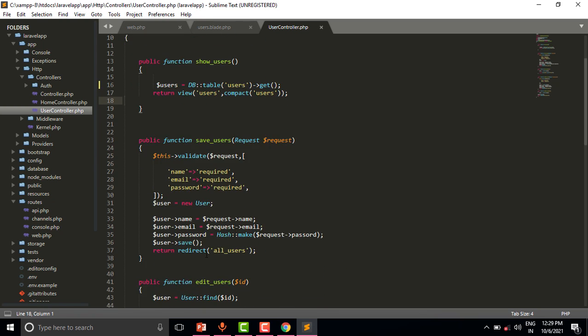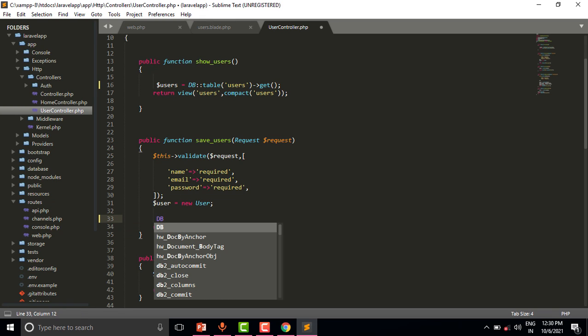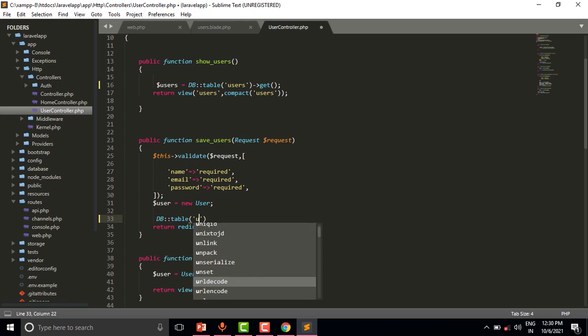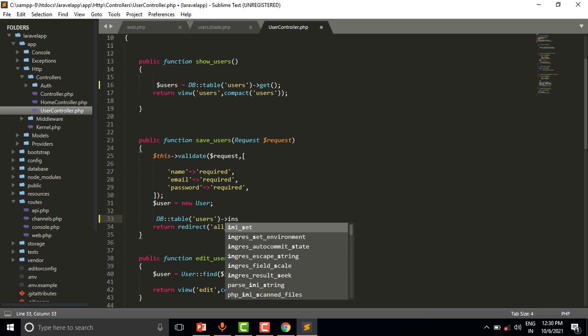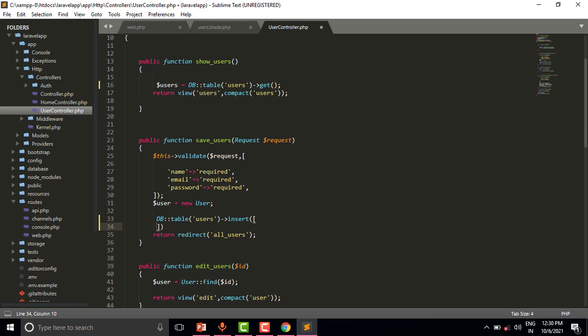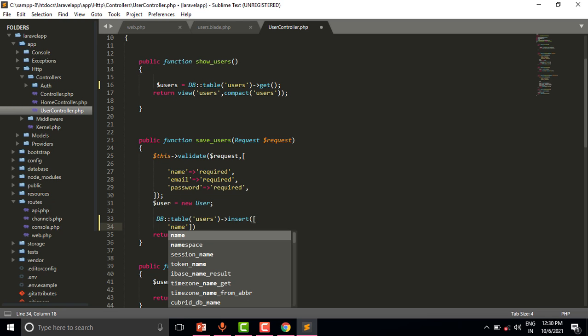So if we want to save the records in the database, then we can also use the query builder. We don't need to create the user model or any model. So let us see how to save the records using the query builder. DB table users, we will use the insert method. Insert